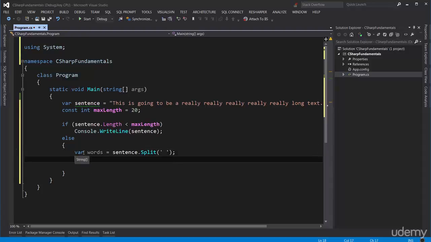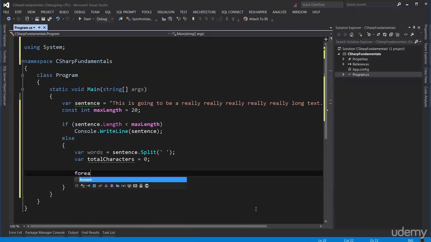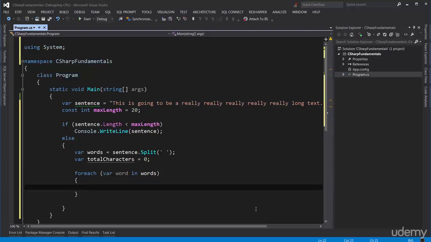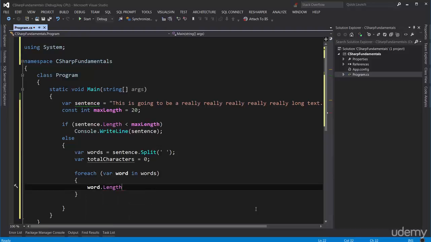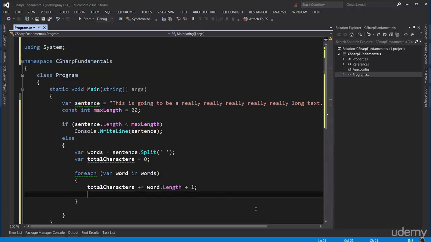So I'm going to declare a variable here called total characters, set it to 0. Now we're going to loop over the words. So a simple for each block. For each word, we need to get its length and we need to add it to total characters. So total characters plus equals word.length. And we also need to add 1 because of the space after that word. Now, if total characters exceeds 20, that's the time to get out of the loop. So